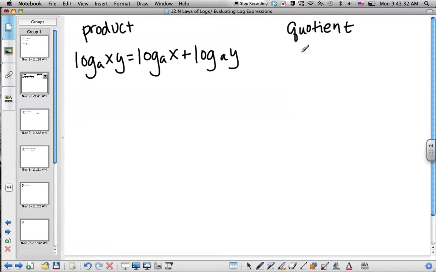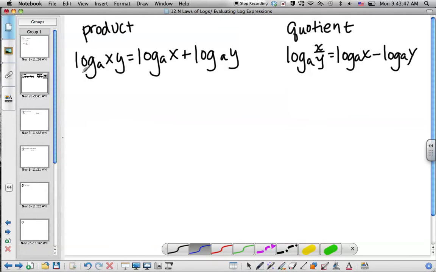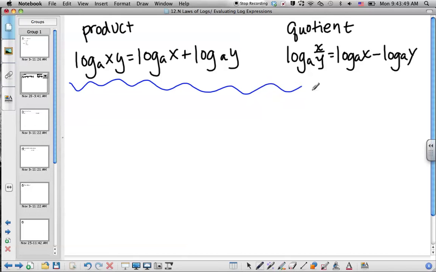law, which meant if we had log base a of x divided by y, that's the same thing as log base a of x minus log base a of y. And we have one last law of logarithms that we're going to talk about today, and that is our power law. So let's suppose we have some arbitrary variable x, and that's equal to a to the m